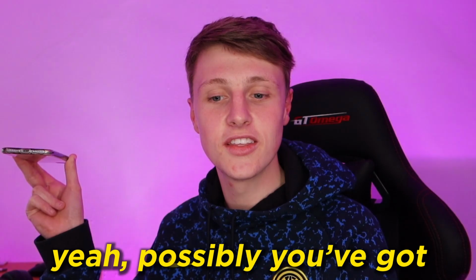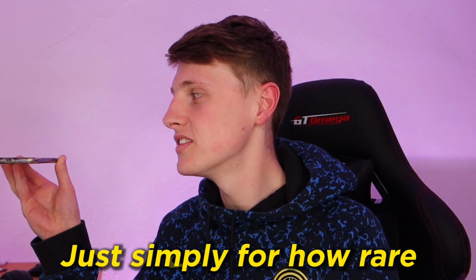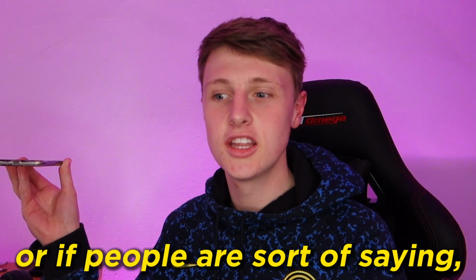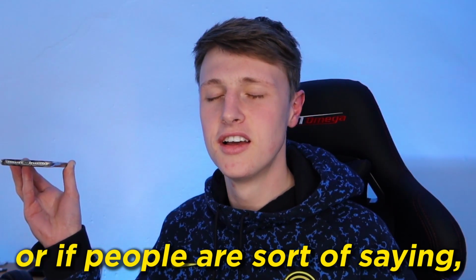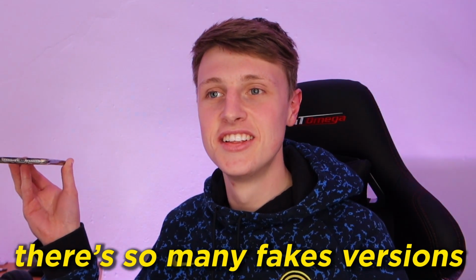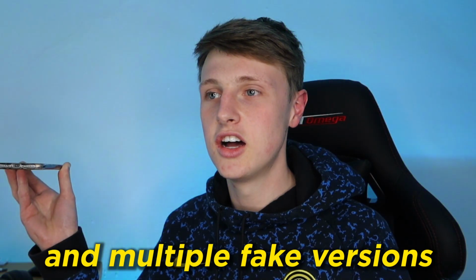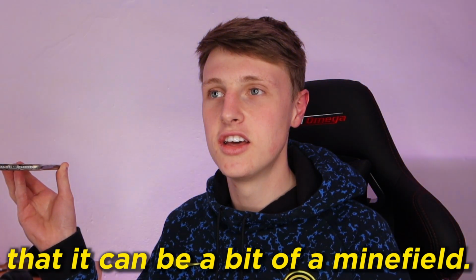I mean, first of all, you've got your work cut out, just simply for how rare the shirt is. The second thing I would say is that if you do come across it, or people are saying that's a shirt that we have available, there are so many fake versions of that shirt that it can be a bit of a minefield. Okay. Well, I've seen some on eBay and they're like 800 quid, and that is just not. No. Even for us,